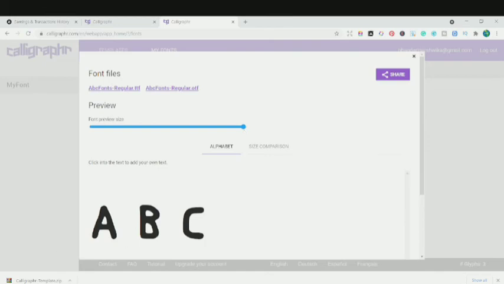Since we have only made the 3 characters in our font, we're going to go into part 2 of the video, and we're going to focus on the other part and use another software to rectify the errors that we are currently seeing in our fonts. I'm going to show you the errors in the next part of the video. But for now, we're just going to download this font file as a TTF or OTF, whatever you want. I'm going to download it as a TTF.